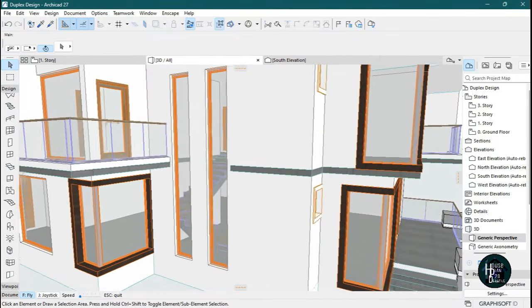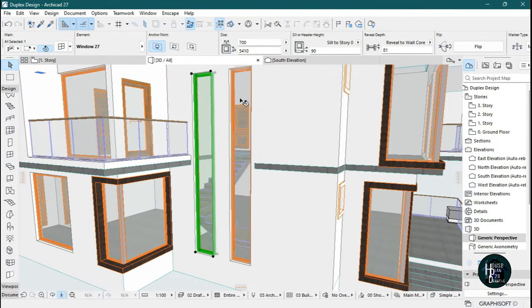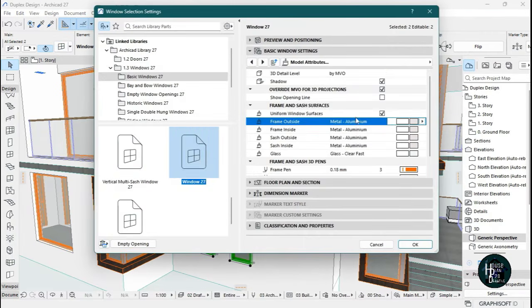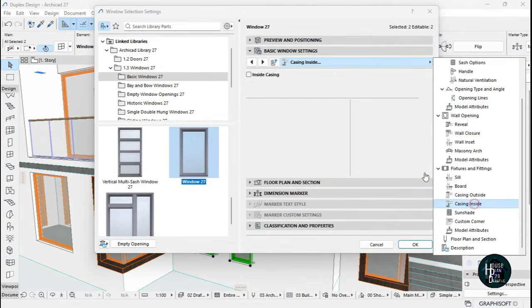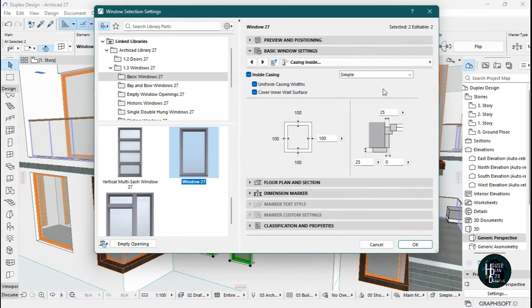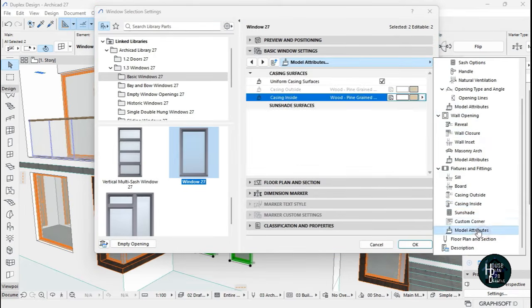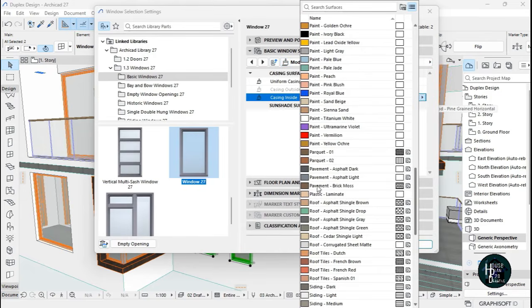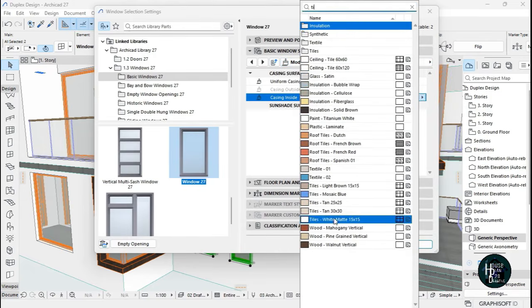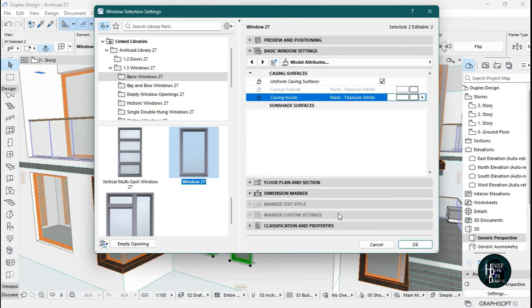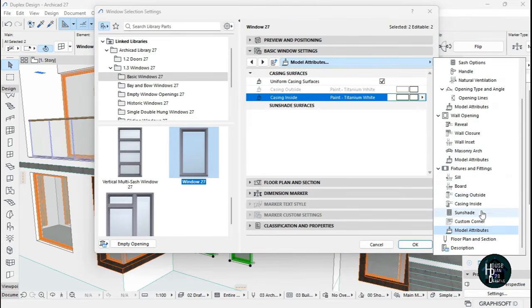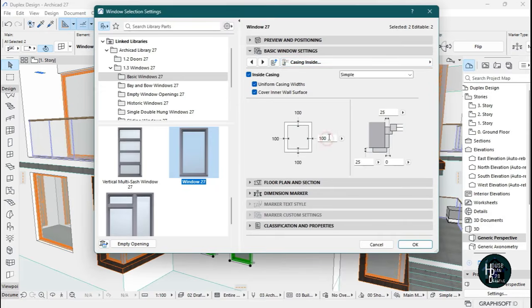Okay, so let's do this for the other side too. Click this, hold on shift, click this, click on the settings dialog, let's give it a casing. Double click on this. Okay, leave this as it is, then look for the model attributes and let's give this design titanium white. Okay, but I feel like I need to increase this maybe by